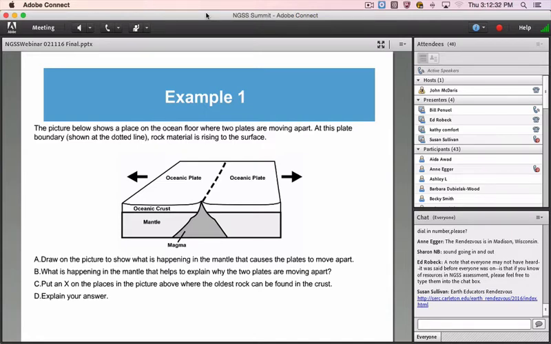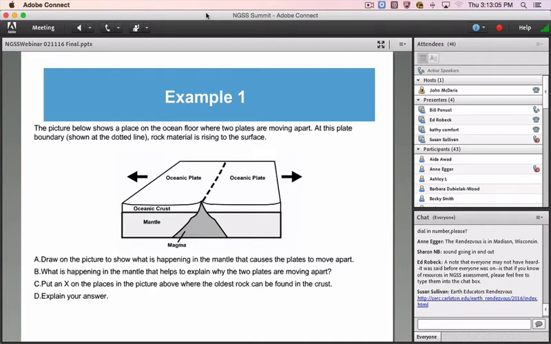Students are not even having to get the big idea here, which is that there are Earth dynamics from deep beneath the Earth that really shape the Earth's surface and the surface beneath the ocean floor and what those look like. And so what we're trying to get at is mechanism. That's the big idea here, not naming the plates and what's happening at the plates, but being able to explain what's causing the pattern that we see here of oceanic plates moving apart.